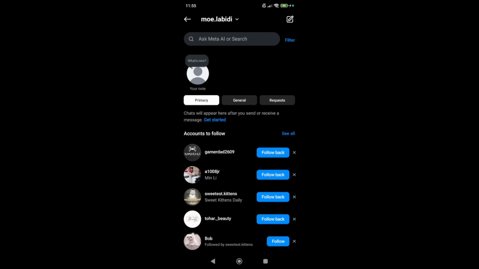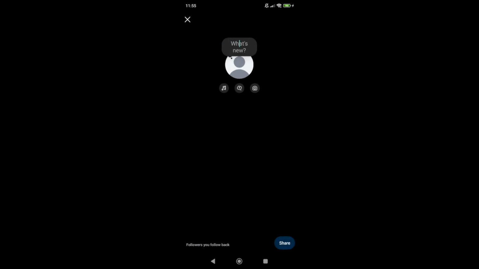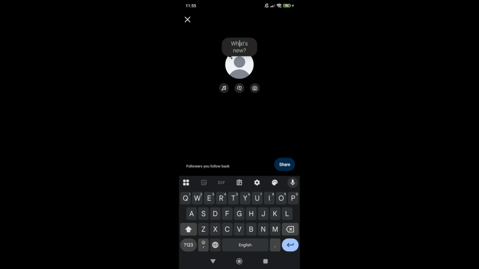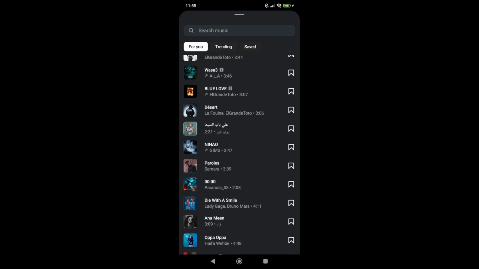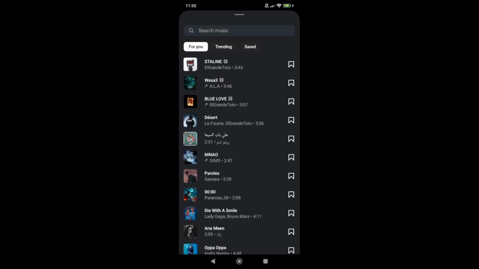And then on your note, you should be able to see what's new or a share note. You can tap on this and then type the note you want to share, hello, for example. And then you should see the music icon under that. Can click on this and search for any music you want. So I'm gonna just choose the first one in here